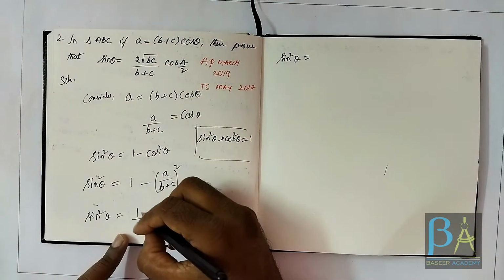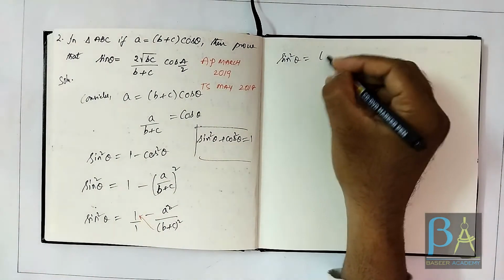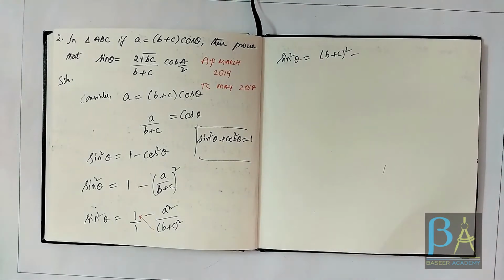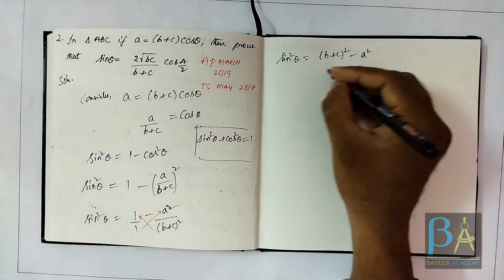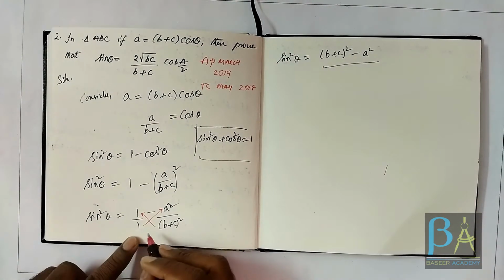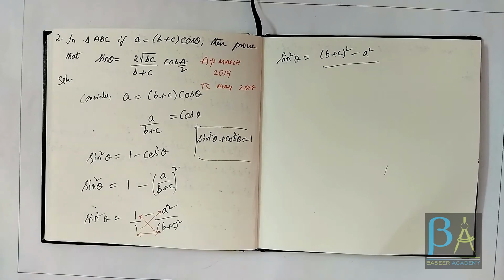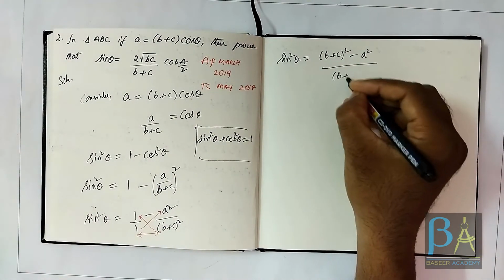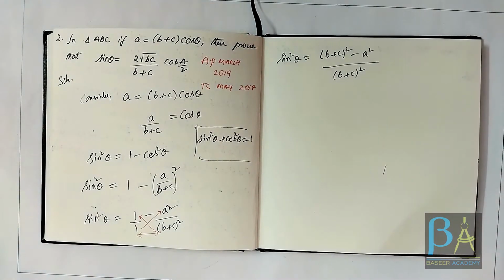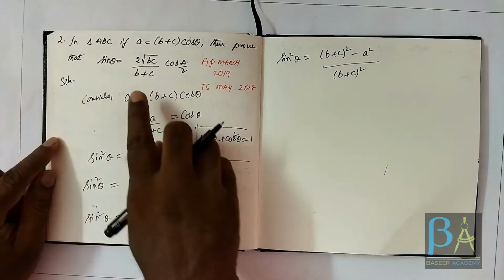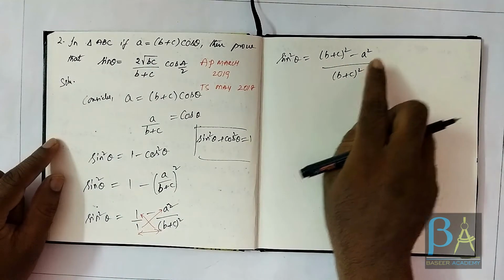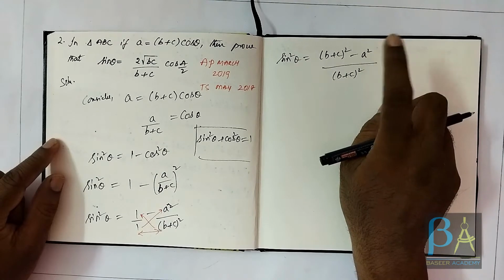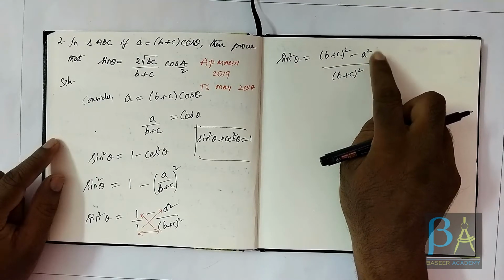1 into B plus C square is going to be B plus C square as it is, and then 1 into A square is going to be A square as it is, by, you end up multiplying the denominators, right? 1 into B plus C square is B plus C square as it is. What can we do now? If I look at the answer, I'm supposed to get BC in the numerator. I do not really need A square here. So what can you do here? Can I get rid of this A square?